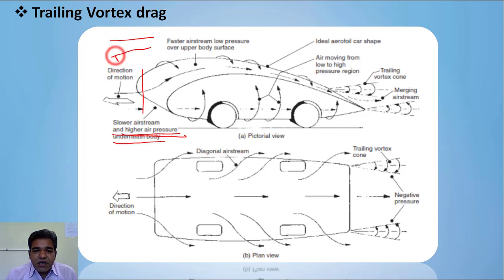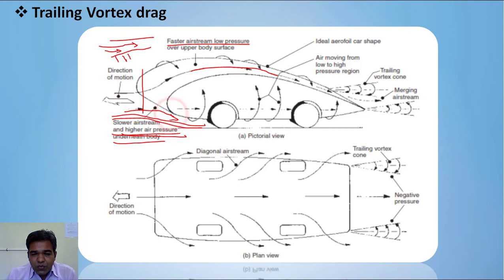So this is our body part, and air will move in this converging shape. Due to this reduction in area, the velocity of the moving airstream will be faster. So faster airstream, and you can observe the pressure drop. This is the phenomenon over the body structure of any car. At the upper side you can consider the roof area, where the airstream has the highest velocity and the pressure will be lowest.